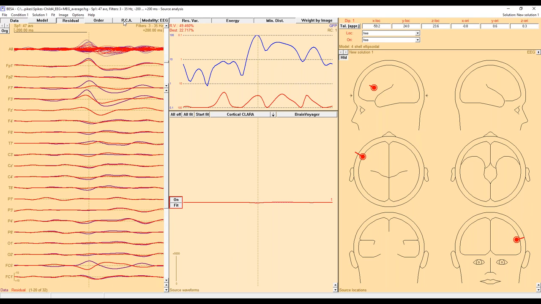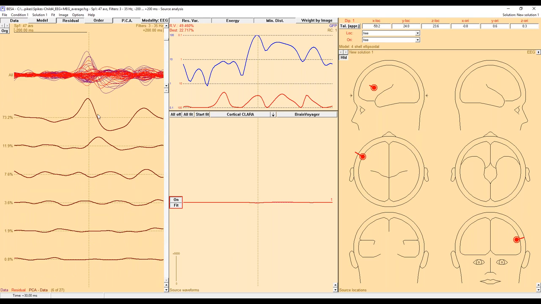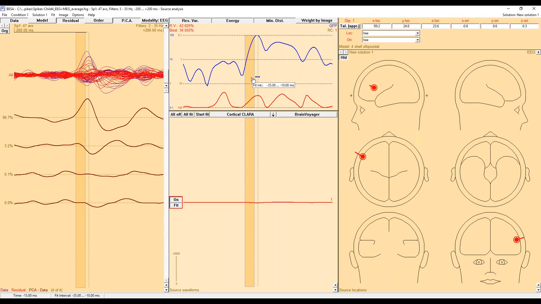And I'm now going to use the PCA, click on the PCA button, to find a fit interval where I want to model the onset of activity. So we're most interested in the actual beginning of that spiking activation, and we're trying to find an interval where my PCA inside the interval explains more than 95% of the data. So this interval works quite well. We're going to start and fit this dipole,